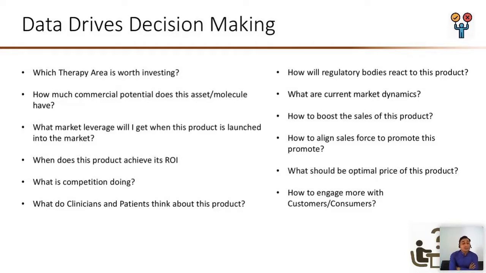Then, does this product achieve its ROI? Whether it is competitive, and what competitors are doing. Whatever we are doing is one aspect, but in the market we have to be very vigilant to understand our competitors as well: what they are doing, how they are doing it, what strategies they are maintaining, what tactics they have used. So all these will ultimately be involved in the sales and marketing advantages and figures as well.